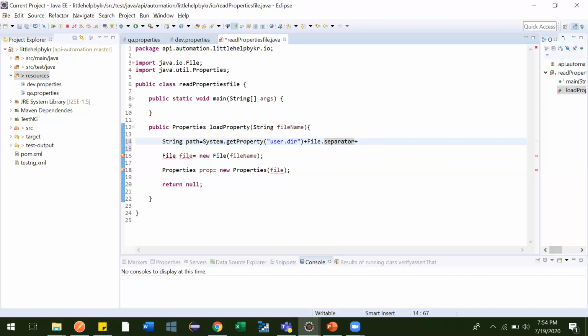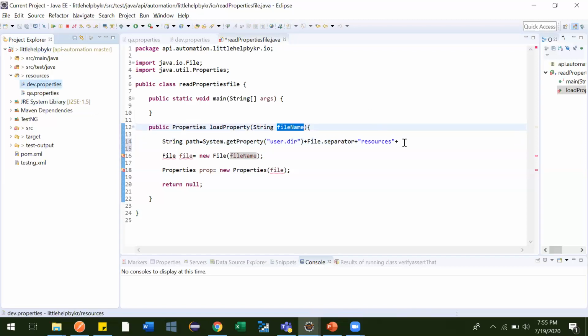This will be the slash sign. This indicates that after this we have one folder, the resources folder, so we need to go there. So the user directory is pointing here, then we are going inside the resources folder, and then this file name. Now it will be the proper path along with this file name.